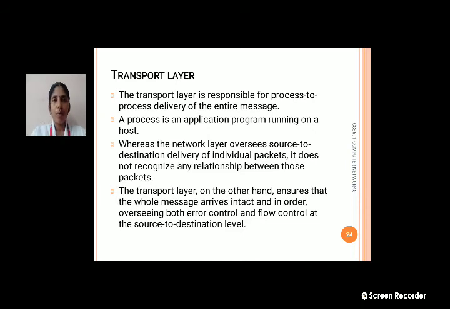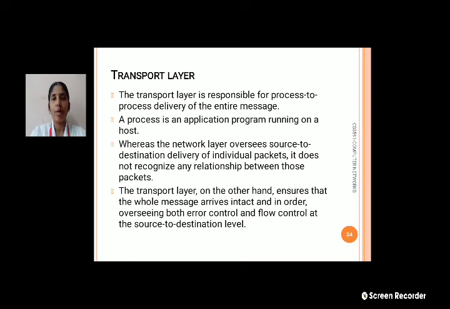Then the next one is the transport layer. What is the main responsibility of the transport layer? It is mainly process to process delivery. Process in the sense is an application program running on the host.